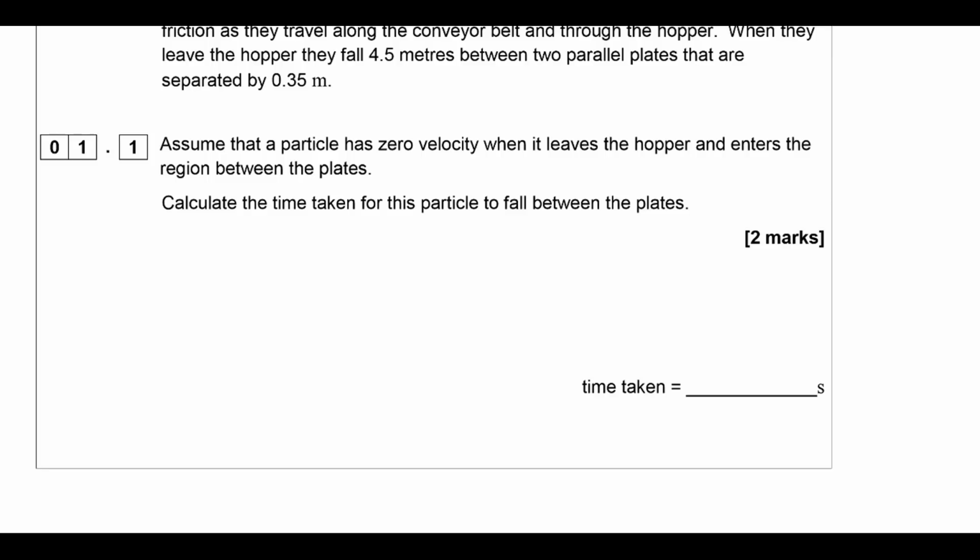Assuming the velocity of the particle was 0 when it leaves the hopper and it enters the regions between the plates, calculate the time taken to fall between the plates. So because the electric field is applied horizontally, we don't have to consider that for the vertical motion. So what we're going to do is we can use a suvat equation, because effectively it's in free fall in its vertical direction anyway. So we can use s equals ut plus half at squared